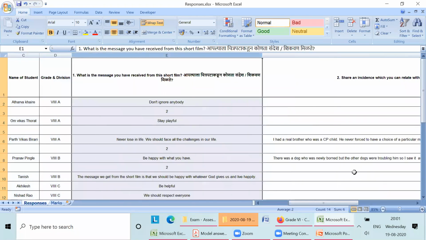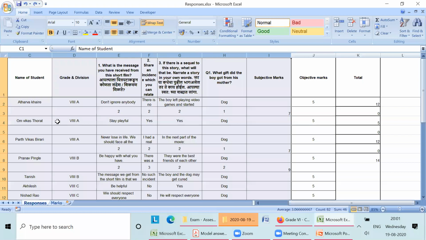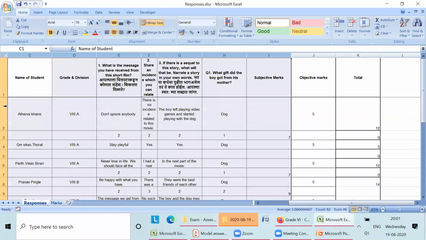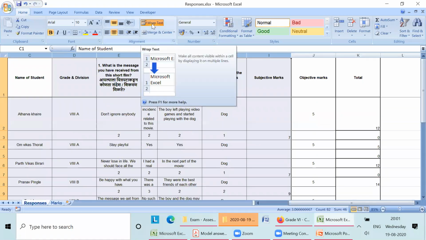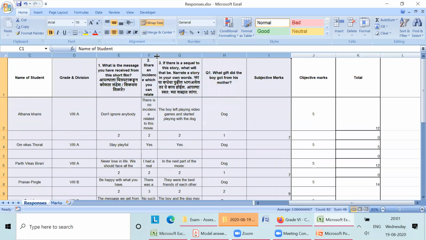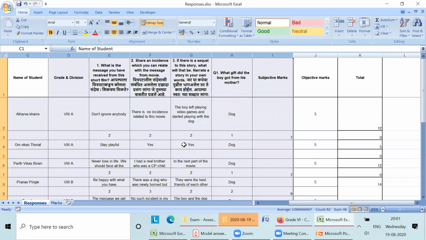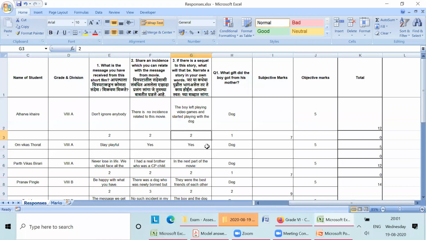See, it gives this, but we don't require this either, because everything has gone too far apart. So simply Control Z it and click on wrap text. Wrap text is a good option for this. You will get your data in the box in front of you.